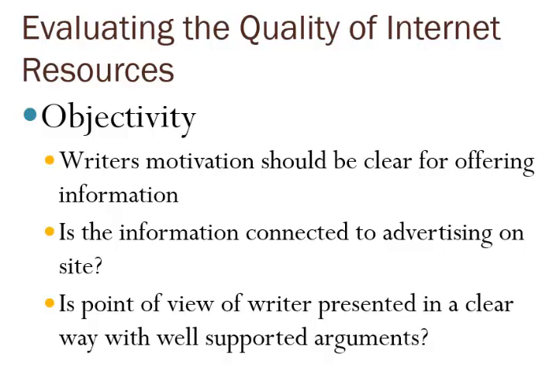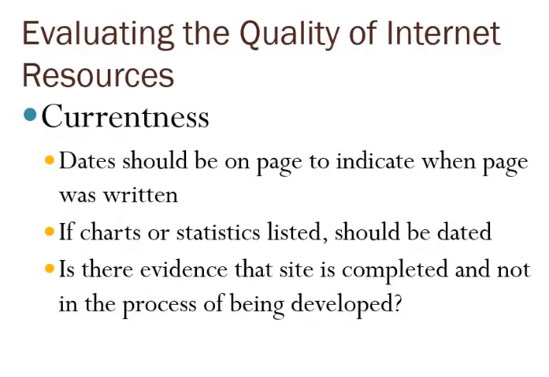You might say, for example, that there's a problem with objectivity, but still, based on the information, I still think it's valid. Again, nothing inherently wrong with that. Just because information is biased doesn't inherently mean that it's false. It just means that it may not be as reliable. You may want to confirm it with other sources. And of course, currentness. You want to make sure that whatever information you're looking at is from relatively recently rather than information from 20 years ago.